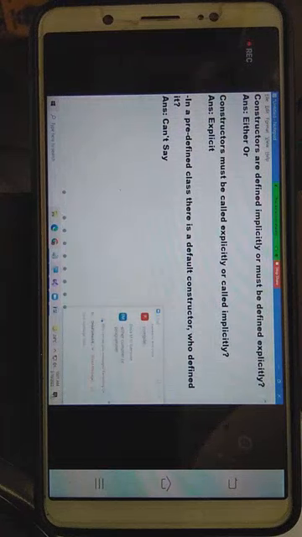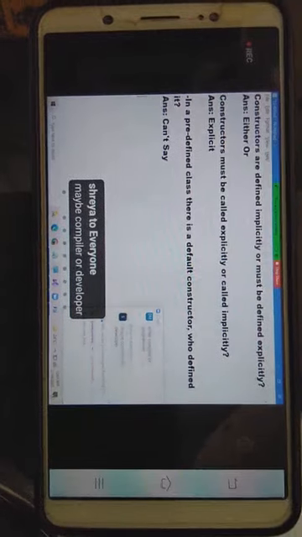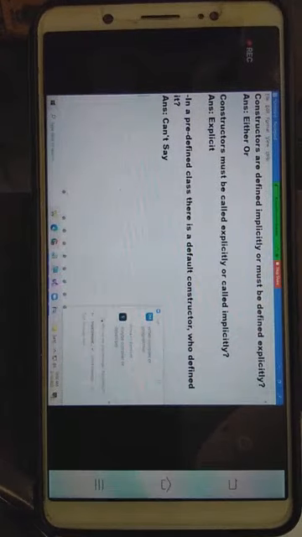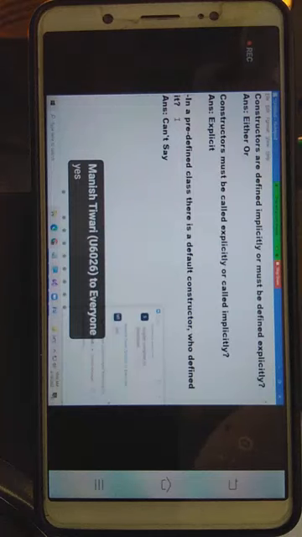Why? Just now I said to you guys, default constructors can be defined either by a programmer or by the compiler, provided there is no constructor in the class. You are telling there is a default constructor. How do I know who defined it? Are you clear or not? I cannot say. Maybe compiler or developer, cannot say. That may be a compiler or that can be a developer. I can't say that. But the question is,